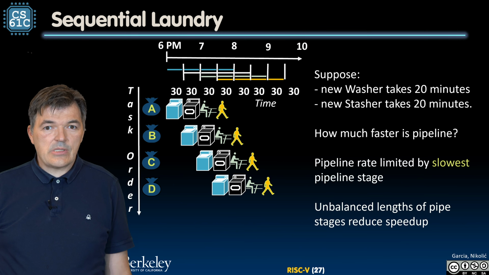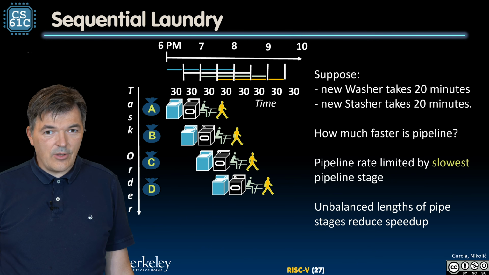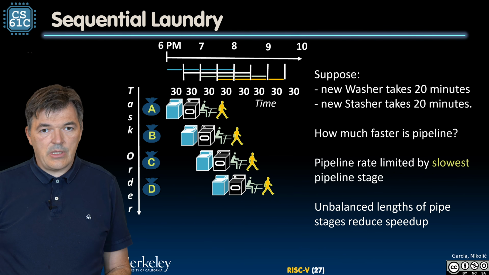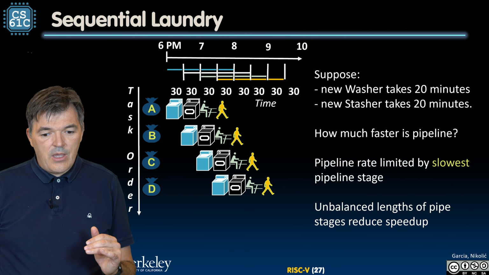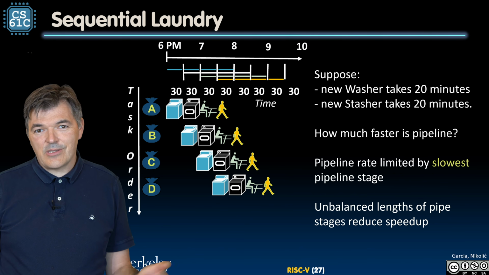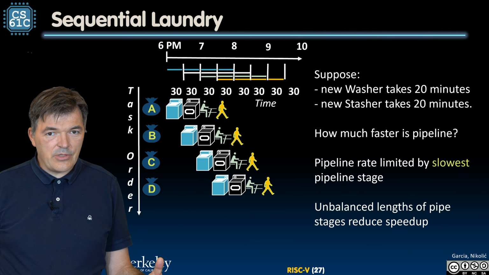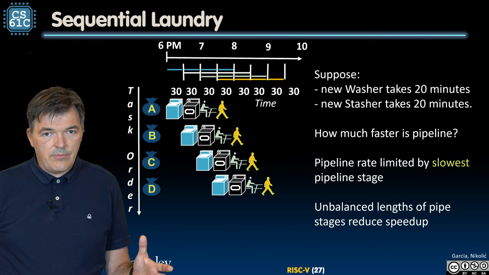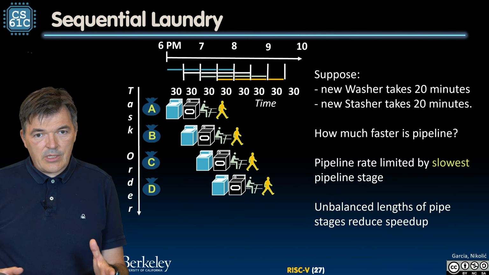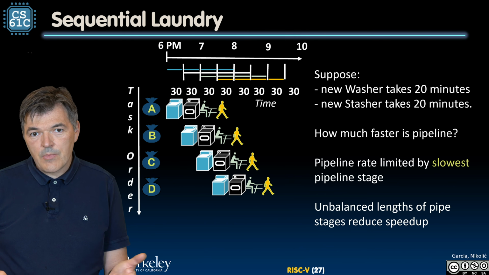A few other takeaways here. Now, somebody decides to invest in improving the laundry system. So supposedly they get a new washer that takes 20 minutes instead of 30 minutes. And then a new stashing system perhaps uses an elevator and will take 20 instead of 30 minutes. How much would that improve the whole operation of the laundry in that dorm? For example, if you had 1,000 people using that laundry, would it dramatically shave it? Instead of 500 hours, would it take about 2/3 of 500 hours? No,